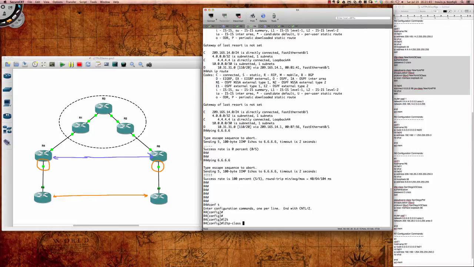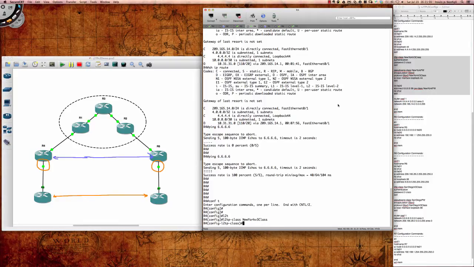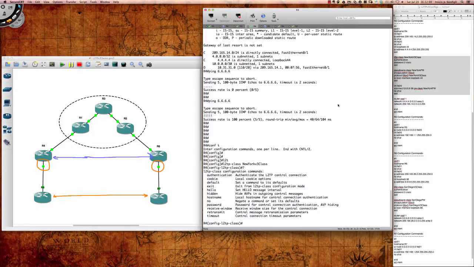And so for router 4, we're saying again that router 4 is in New York. So I'll just call it New York v3 class. So the L2TP class name is going to be New York v3 class. As you can see, it takes me into a sub-configuration mode. And if I type a question mark, here's just a handful of the commands that you can use from this